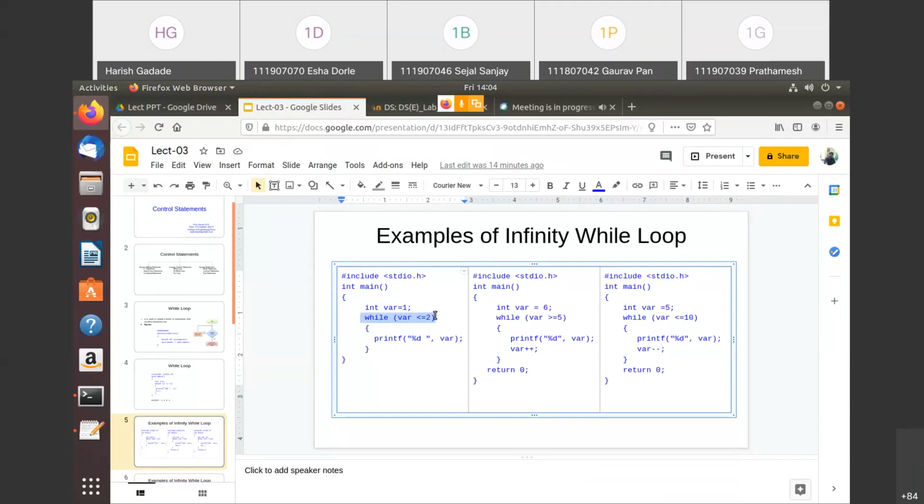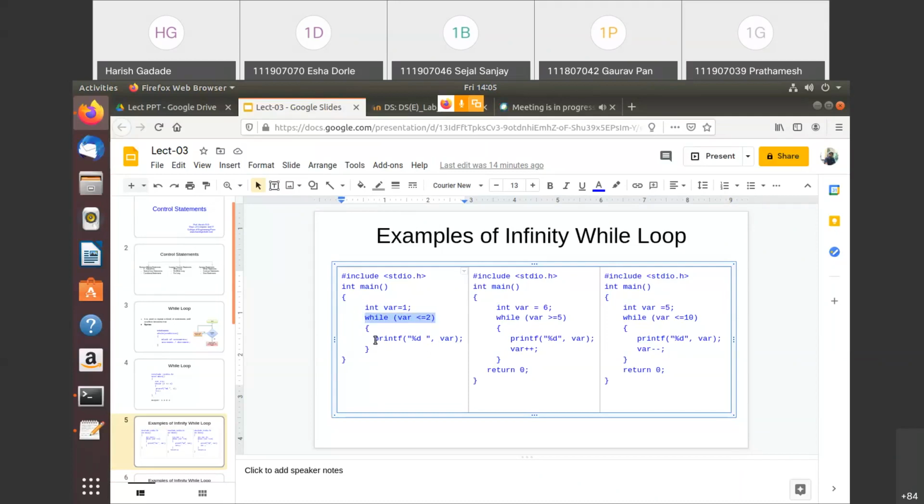As the var value has not been changed, it is 1 as it is. So again this is true. Again it will enter here and print the var value, which is 1. Again go back here, check the var value 1 with 2, so it is true.